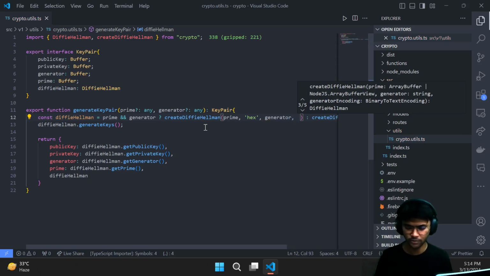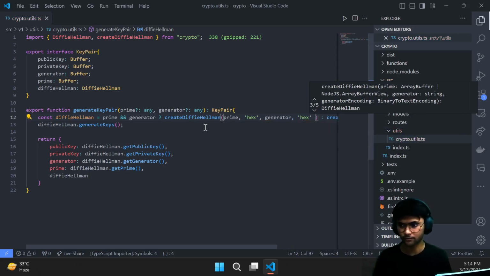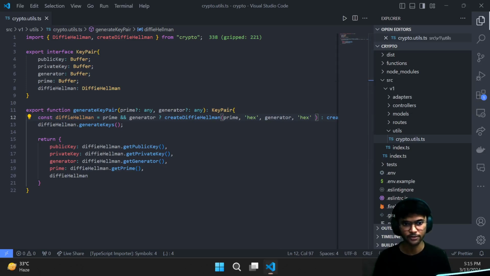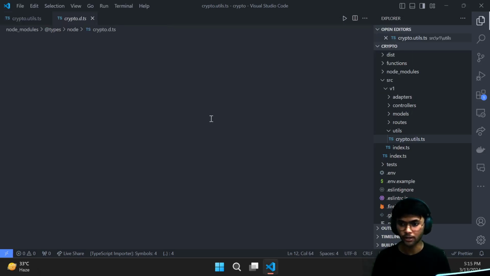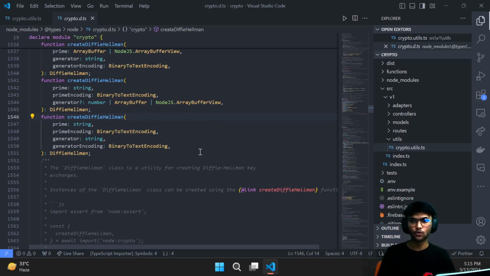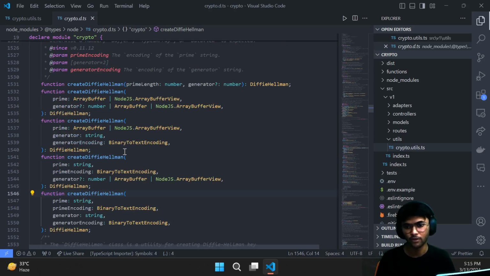Generator, and then again hex for this generator. All right. At this point, it's a good idea to go into the script.d.ts, or the file where it's sitting, to